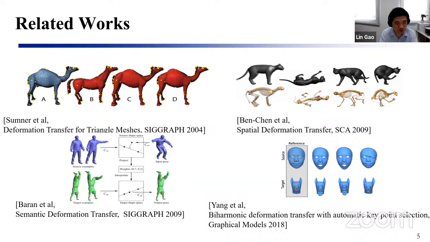So all of these works need human effort to label the correspondence. The correspondence is either defined on the mesh itself or on the mesh vertices. So there is some human effort needed to make the correspondence, so it's not an automatic manner. But with deep learning, we design an unsupervised method to transfer the deformation, which we will introduce